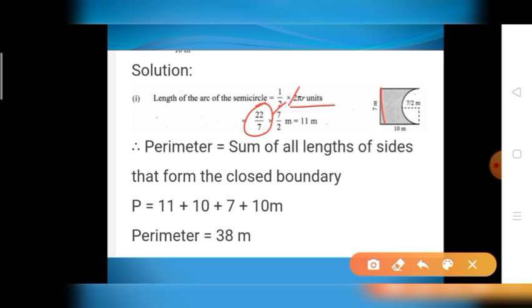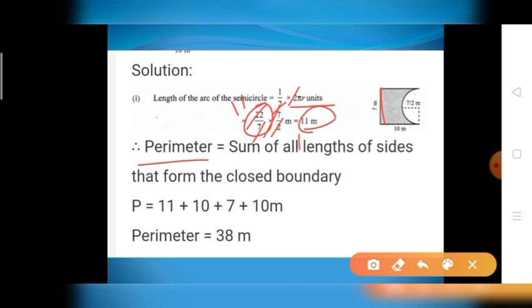This shape is a rectangle. Length value 10, breadth value 7. Length and breadth are different, so it is a rectangle. Then the total length is 7, so the radius is 7 divided by 2. 7 7 cancel, then cancel the 2 table, 1 2s are 2, 11 2s are 22, then the answer is 11 meter.